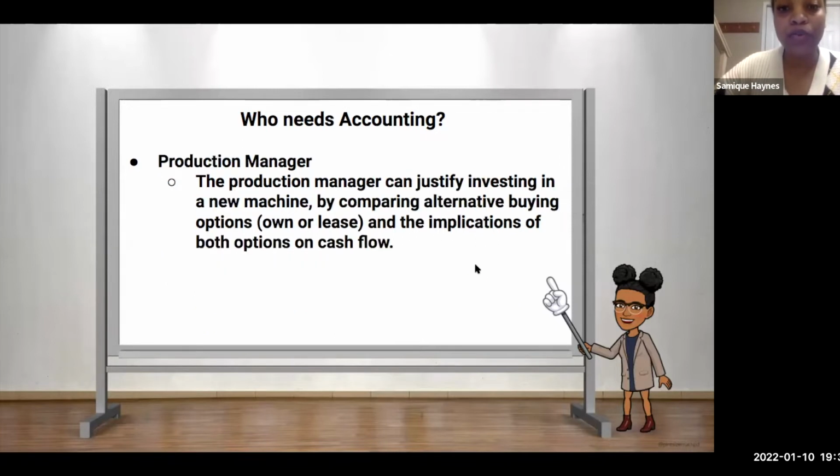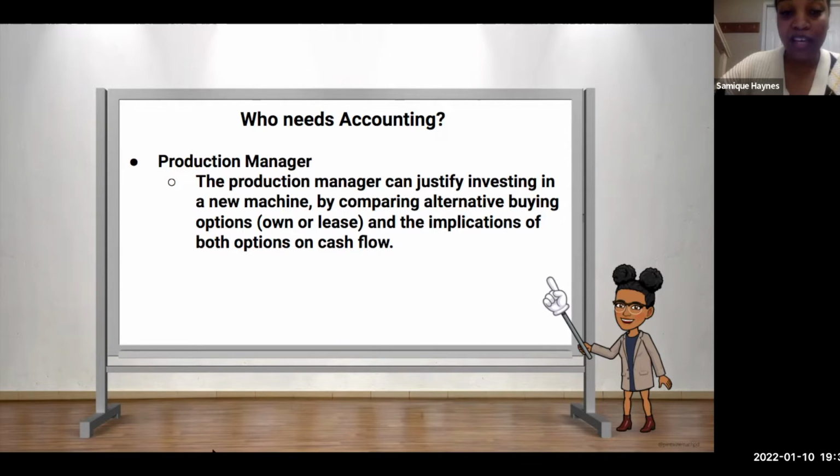So many different parts of the business, many different people and stakeholders in the business, it's very beneficial for us to be able to understand the language of accounting, because at the end of the day, the bottom line is all about money, right? The bottom line is money. So if our bottom line is money, whenever we are making any justifications as to this is the decision I want to make for this business, you're going to have to tell us, how is that going to support our bottom line? How is that going to support our strategy?